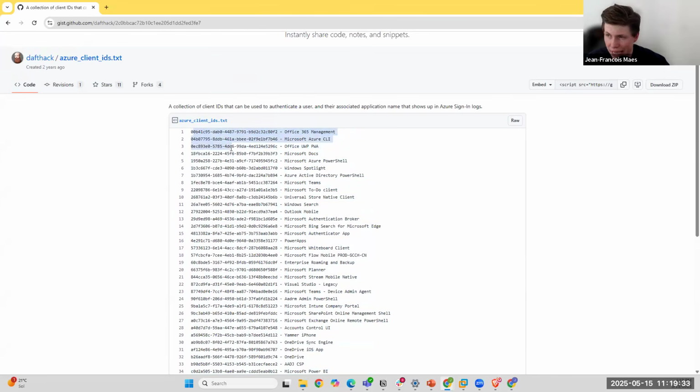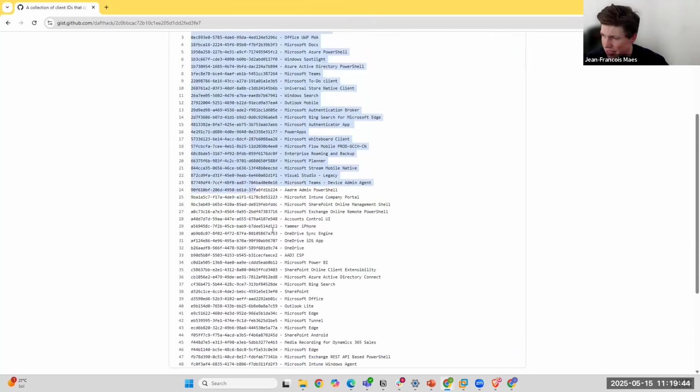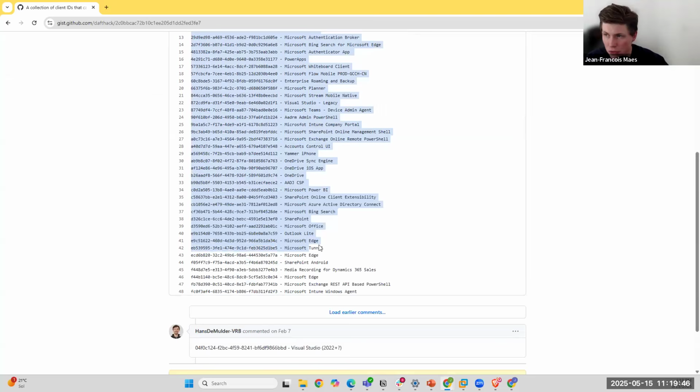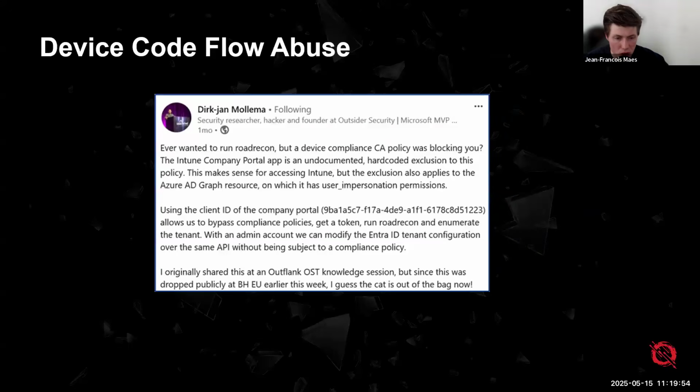So we could create a device code authentication flow by spoofing this client ID. It doesn't matter from Microsoft's perspective, as these applications can be installed on every single Azure tenant, right? So this actually makes sense. And as it turns out, there is one of these clients, which is the Intune client.